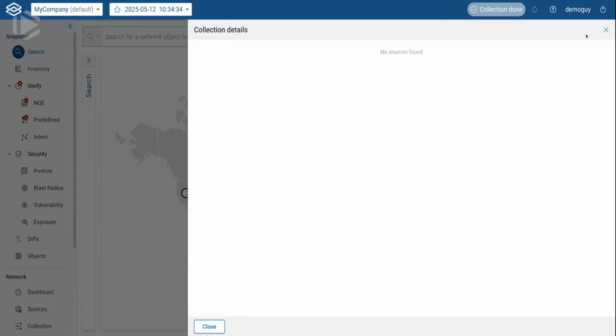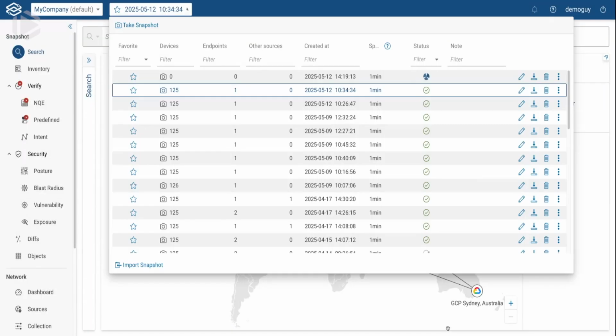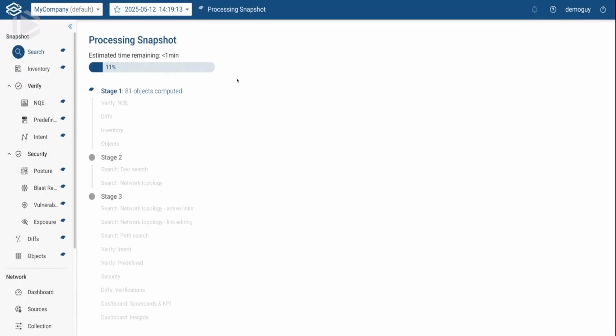Config and state. That's how we feed the model. That's how everything looks. So now we can collect probably faster than you can verify that small part of the network that you're actually looking at, plus do the verification on top of that if you have the right verification checks in the system. So let's see. All right. The collection's done. Okay. What it's going to do right now is process everything that we took. And this is where the magic happens.